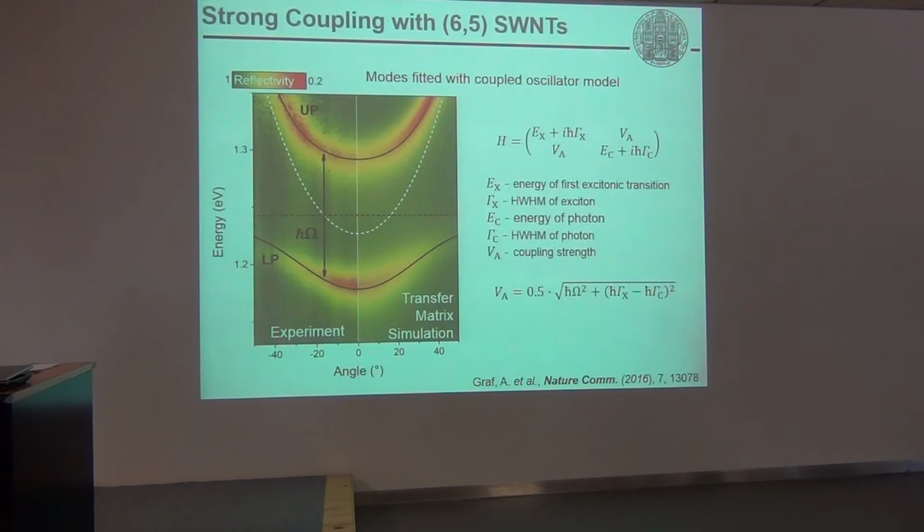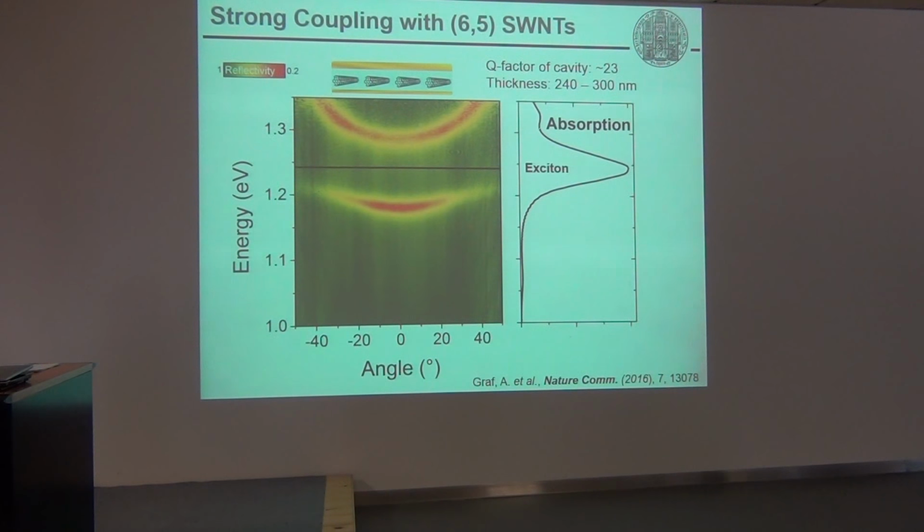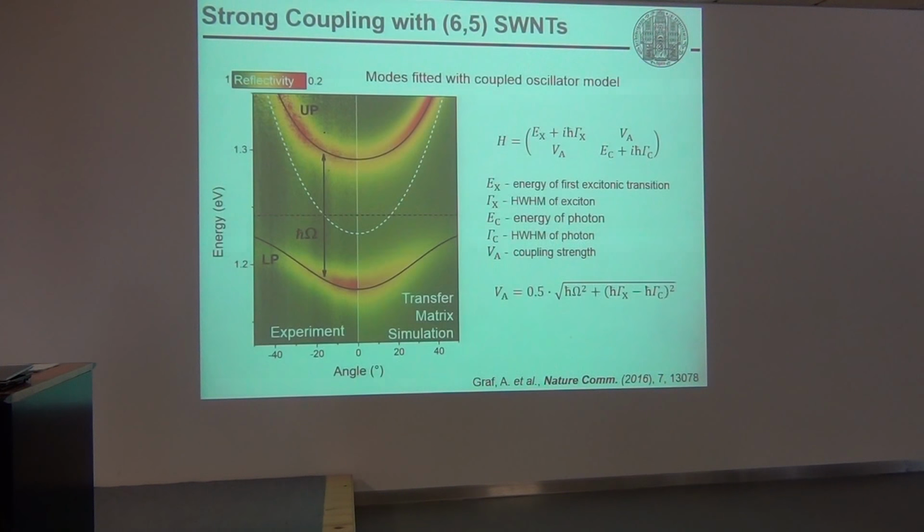So depending on the thickness, I can go basically through these different positions for my lower and upper polariton. You can model this, of course. You can either do just a very simple Hamiltonian and just model the lines, or you can do a proper transfer matrix simulation where you can also see the intensity and so on. So I think you can see that this fits very well with the model, and we can calculate the coupling